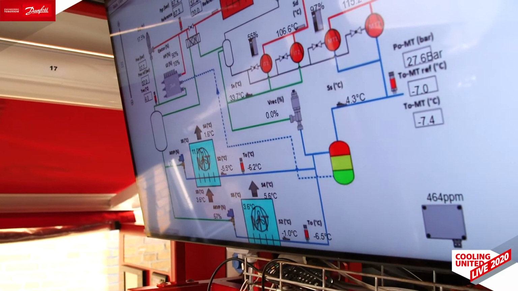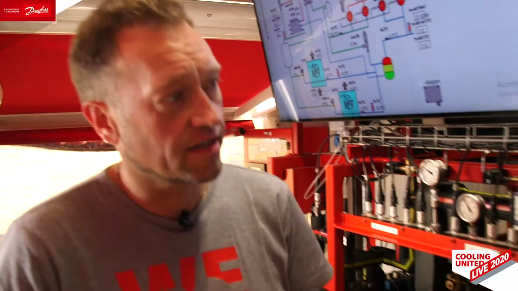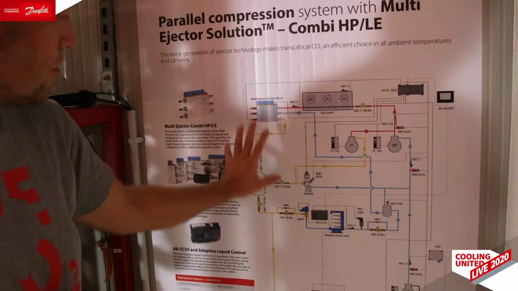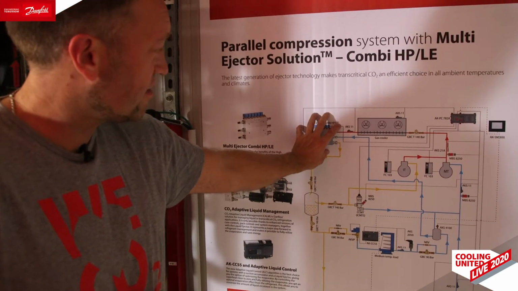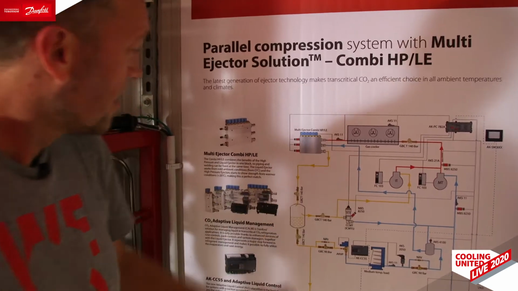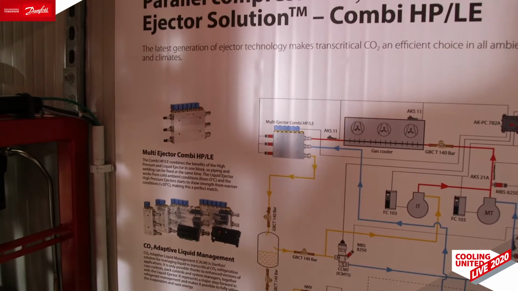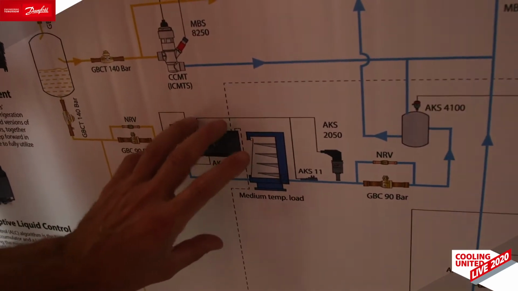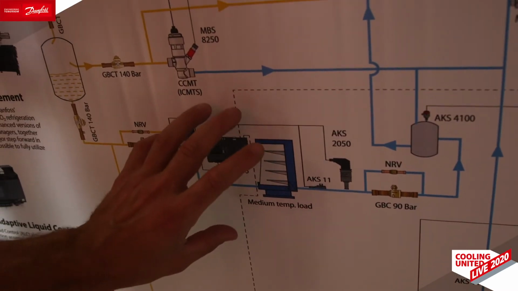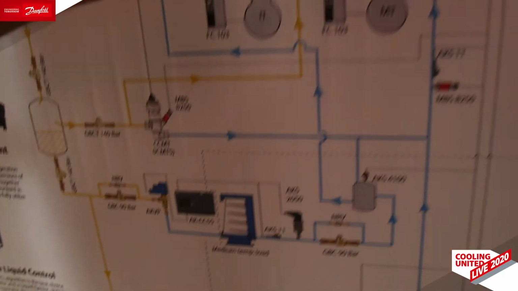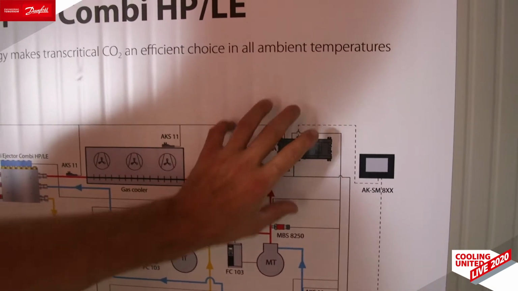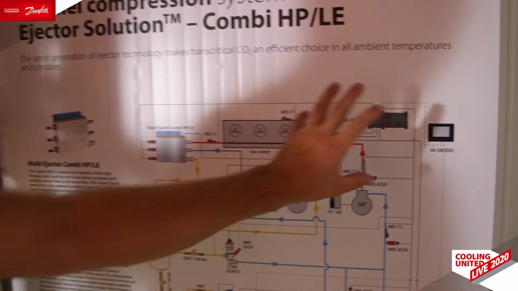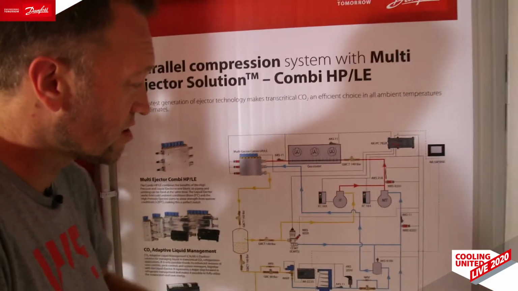And if we move to the poster on the wall here, then we have a diagram that we have seen before. And here we have the combi ejector, or we have the liquid ejector. And you can see the components where we have made changes. We have changed the case controller, where we have the ALC algorithm, extended the dry expansion algorithm. We have the pack controller that is safeguarding the system, and we have the system manager that has also been updated to assist with the coordination between these components.